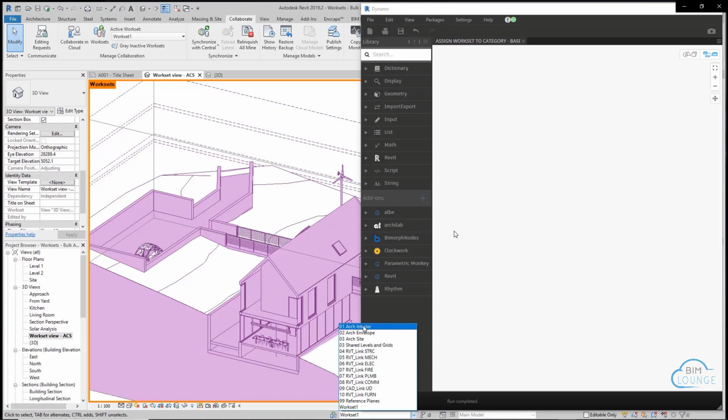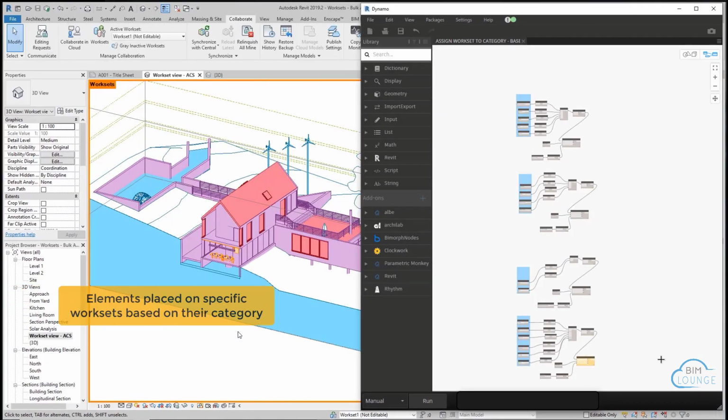Here's a typical scenario. You take over a project, but you realize that either no worksets were created or they were created, but they weren't used properly. Now in this video, we're going from this condition to a more organized project that can bring you better performance,